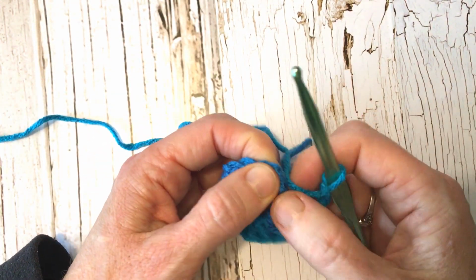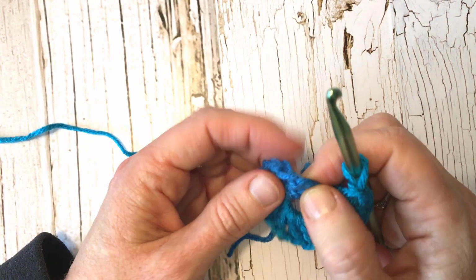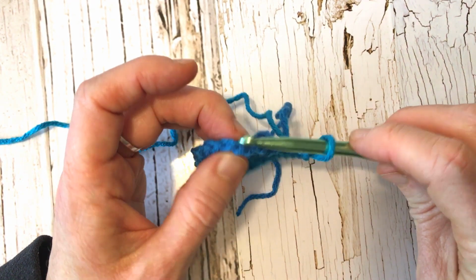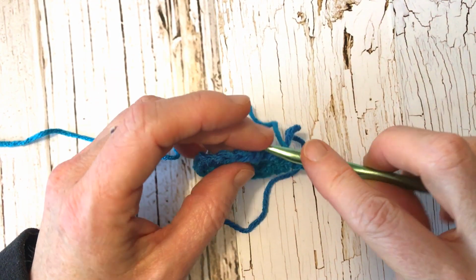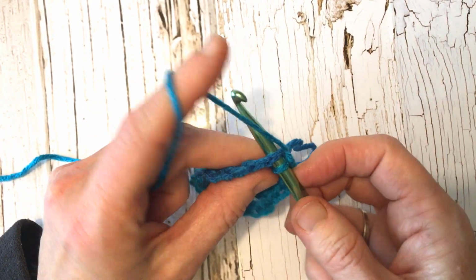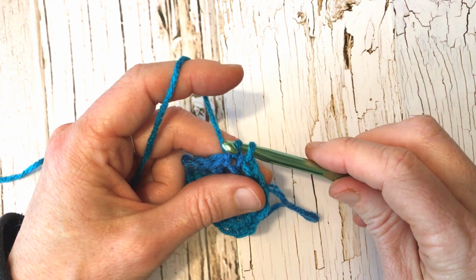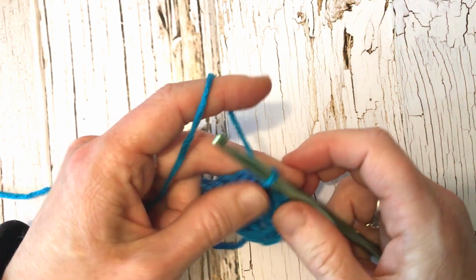And now we're going to slip stitch to the top of the 3rd chain of our chain 3. So we can just kind of count it out, 1, 2, 3. And what we're going to do is go into that 3rd chain, and we're going to do a slip stitch, and you just yarn over, pull the loop through that 3rd chain, and then pull the same loop through the loop on your hook,